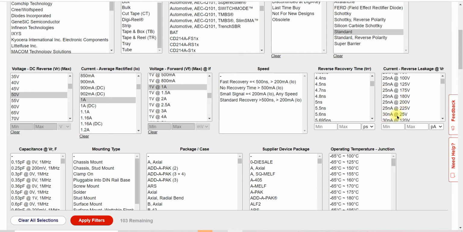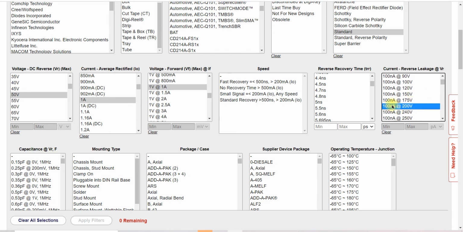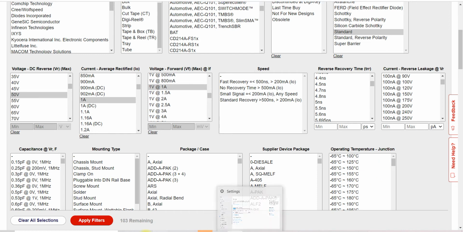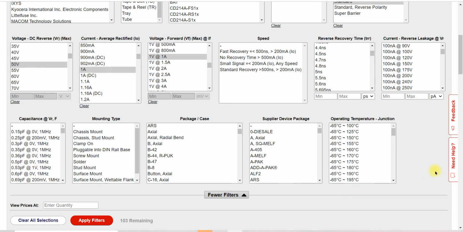If I select here, then I will have to see the quantity here. It will take some time and the video will be long. So you can select any here. If it is showing 0, then you will have to select another. If you don't find that component in this, you can also mail DigiKey directly and personally to provide that component. They will provide it. Capacitance also should be minimum for high frequency applications.